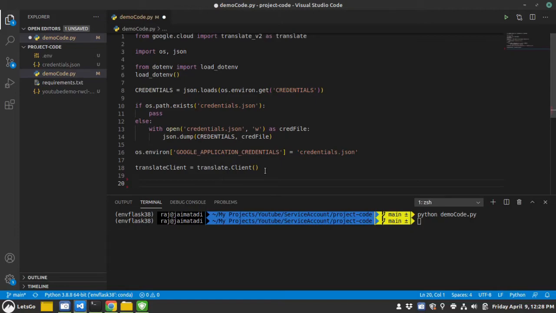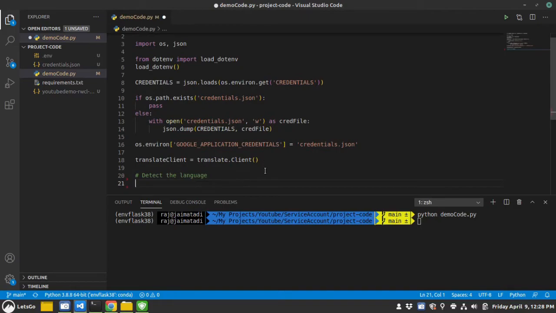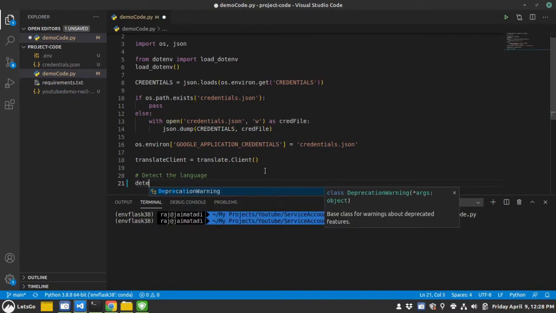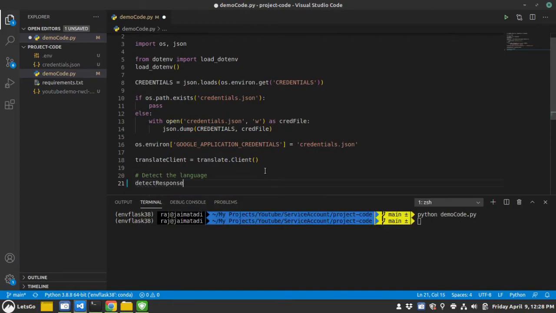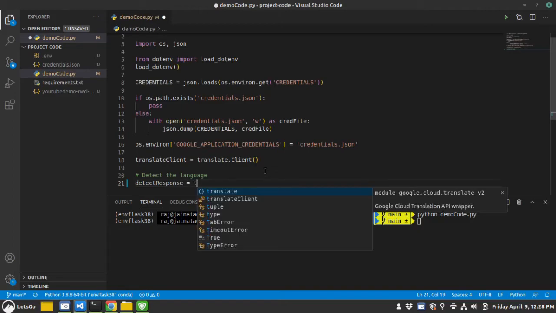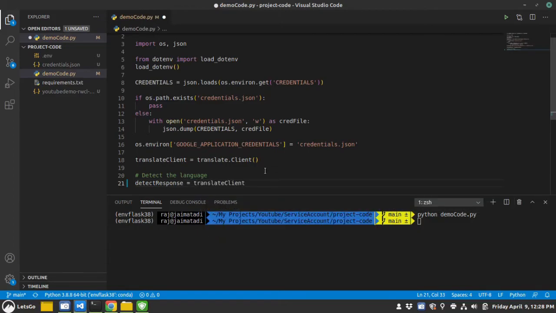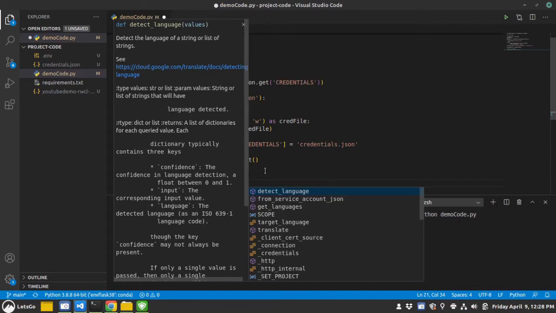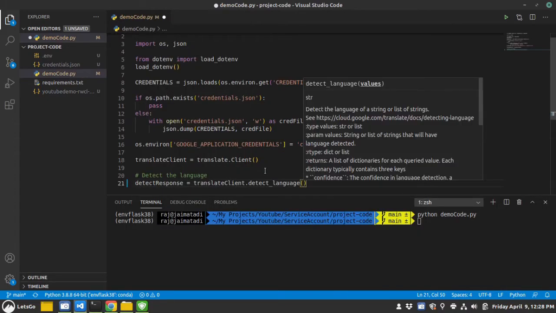Now it will create a client. First we want to detect the language. So let's say detect response equals translate client, and it has a method detect_language which requires a value, a string.